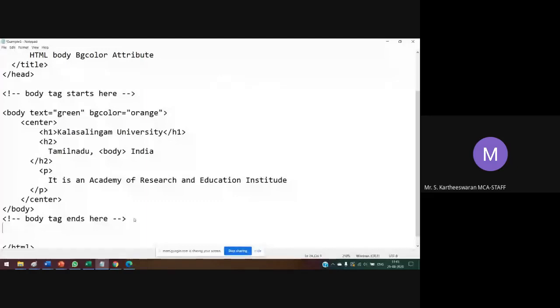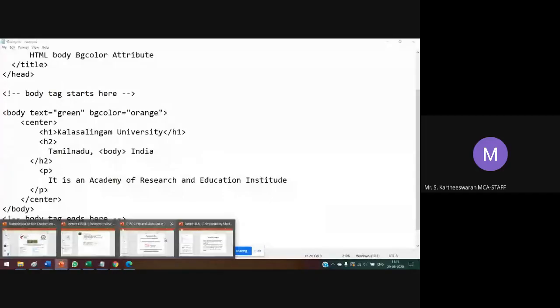We have to write here IMG SRC. Image is a tag. Source is an attribute of the tag. Okay, equal to image dot extension.